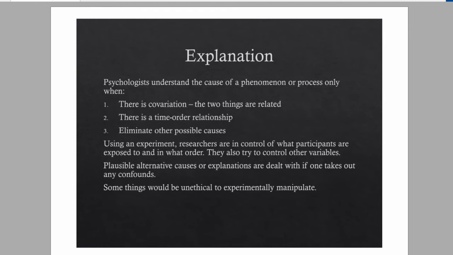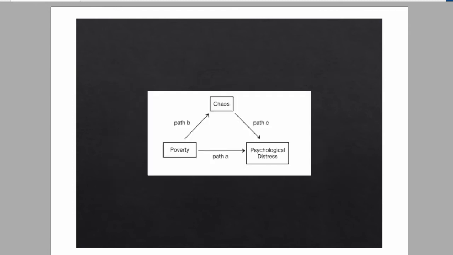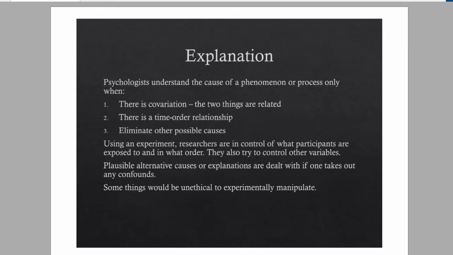If you see two things correlated, you're like, oh, they cause each other, and sometimes we find out it's not. That's why it's research. We're exploring new stuff. And some things you can't manipulate in research. So, for example, you can't make people impoverished. In that case, there are other things to do, but experiments are a nice way to be able